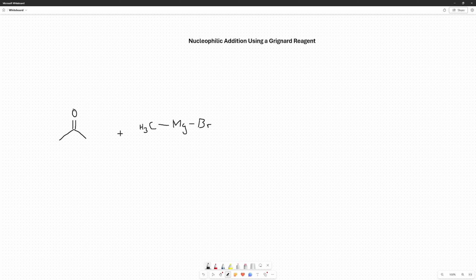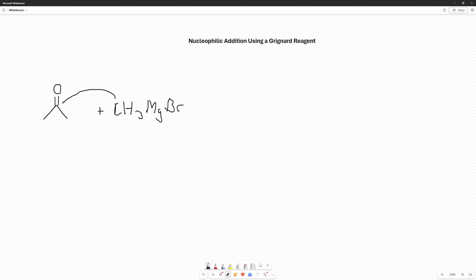The electron that's being donated to the electrophilic carbon is not actually coming from the carbon itself, it's coming from the bond between the carbon and the magnesium, but the electron that it's donating is much closer to the carbon than it is to the magnesium. So then what happens is this carbon with its negative charge is going to attack the electrophilic carbon here. That's going to break the pi bond between the electrophilic carbon and the oxygen, or in the carbonyl group, and that is going to lead to the formation of this intermediate,